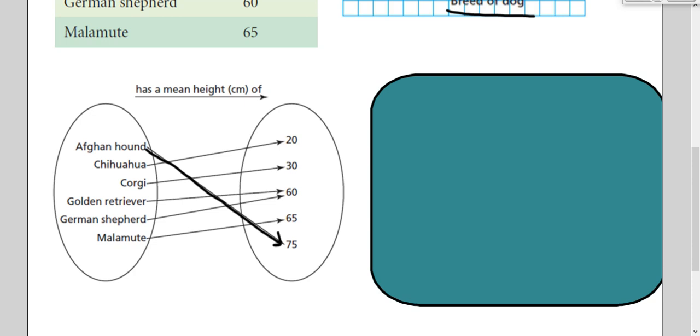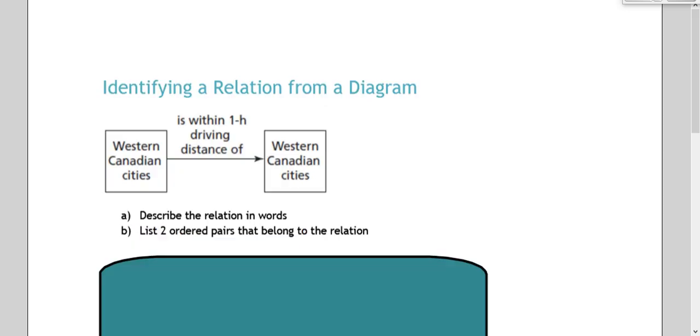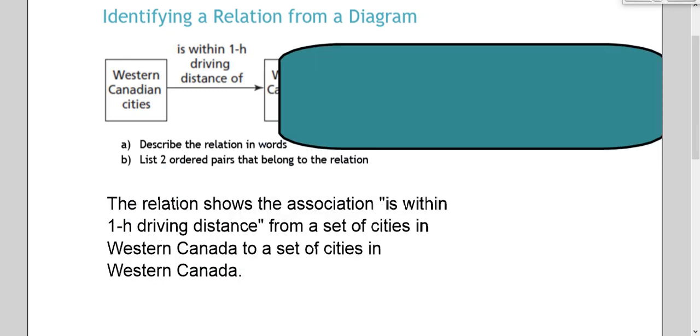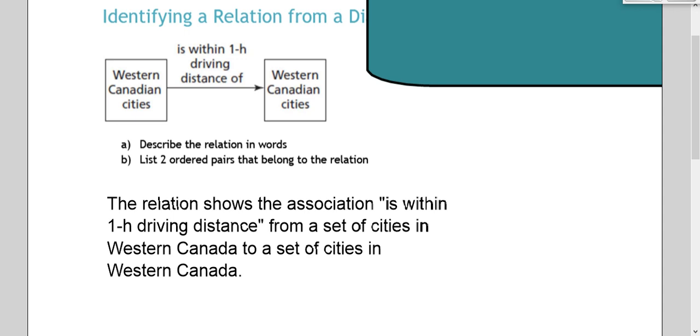Okay, and identifying a relation from a diagram. So a western city is within 1 hour driving distance of another western city. So it's just describing two different cities that are within an hour driving distance of each other. And two ordered pairs that belong to the relation from the textbook would be, I think they listed Edmonton and something else. For us, we could list something as